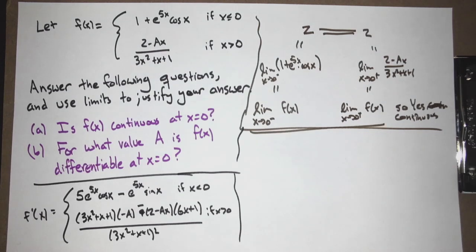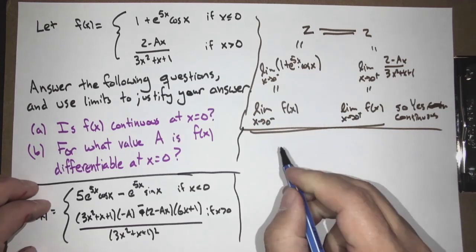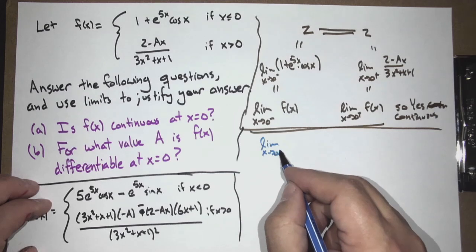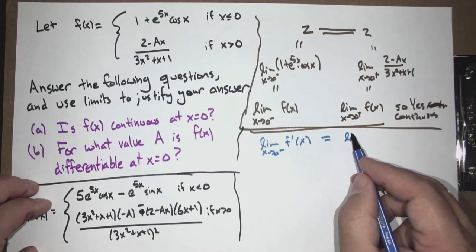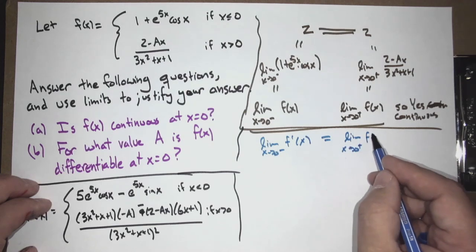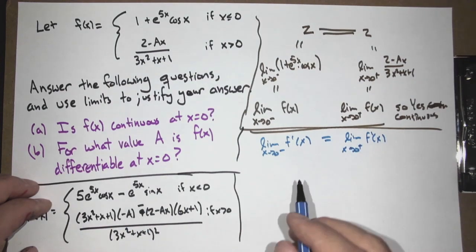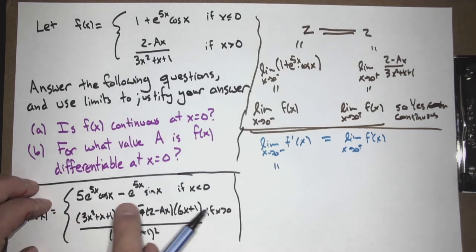So, what do we need to do now? Keeping in mind, we need to use limits to justify. Yeah, you do the same idea. We need these to match. So we're going to look at the limit as x approaches 0 from below of f prime of x. That has to match the limit as x approaches 0 from above of f prime of x. And we'll just use what we wrote down here. When we come in from below, plug in 0, what comes out?